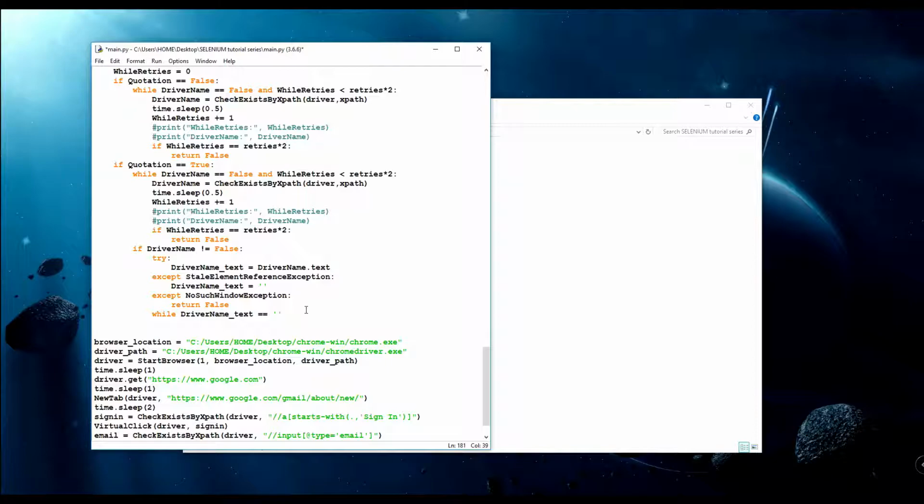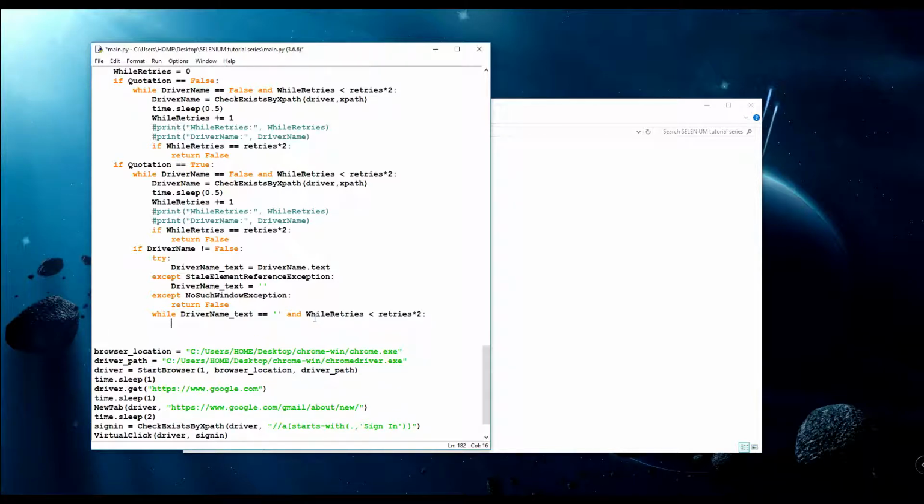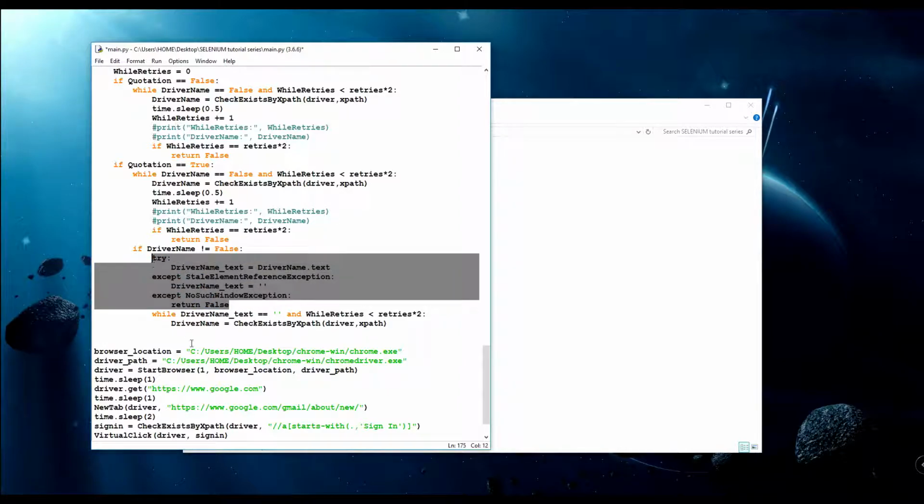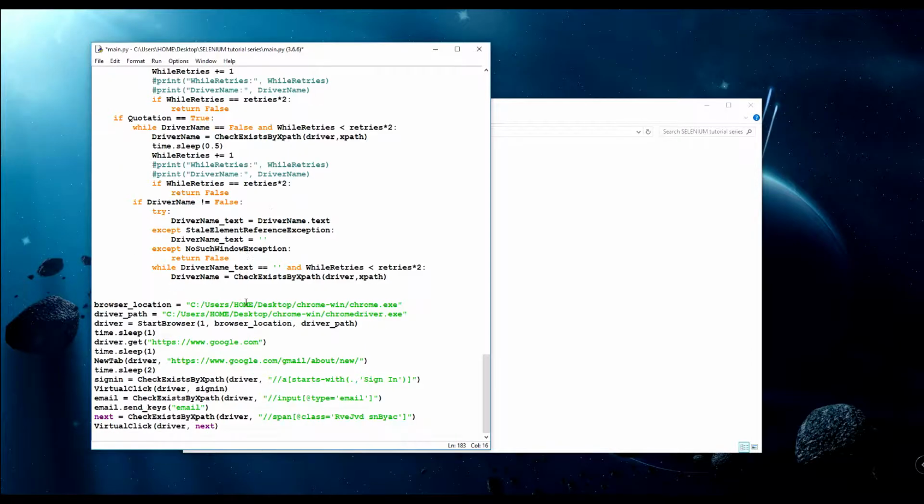So here we do this again, and while retries, where's my while retries, we do what is lower than retries multiplied by 2. We do this, driver name CheckExistsByXpath here, and yeah, I think I need to copy this driver name. Okay,